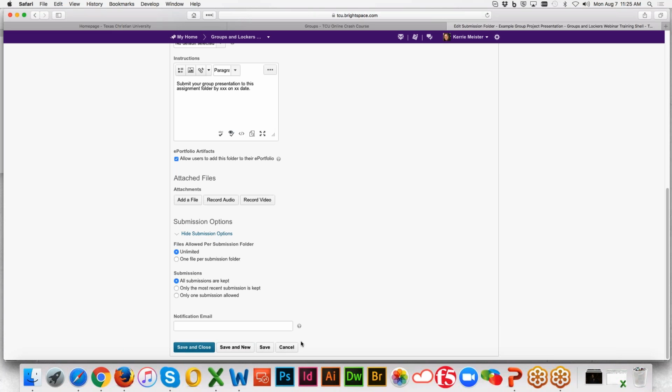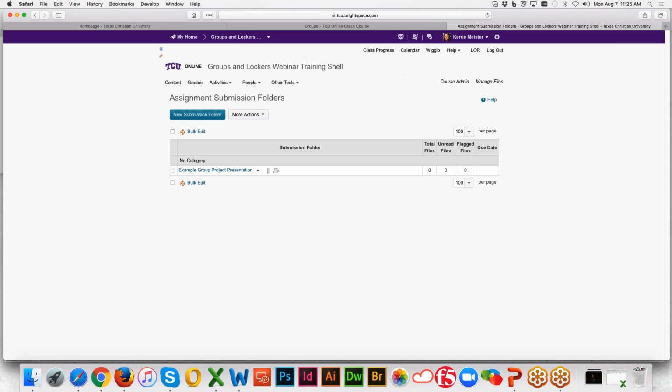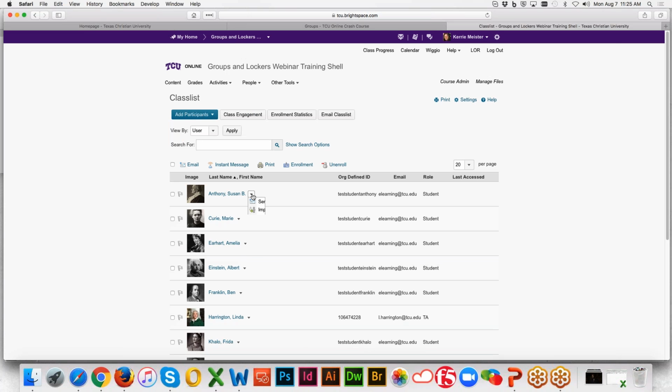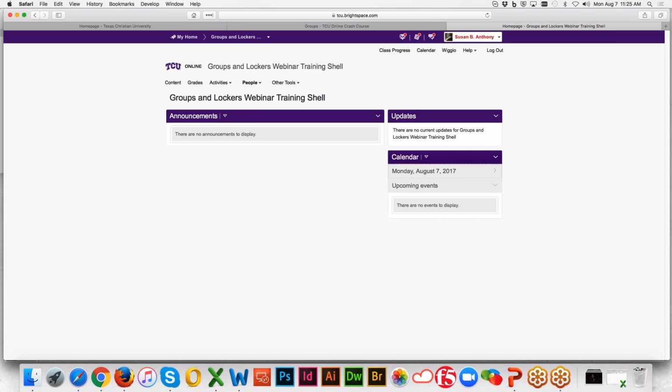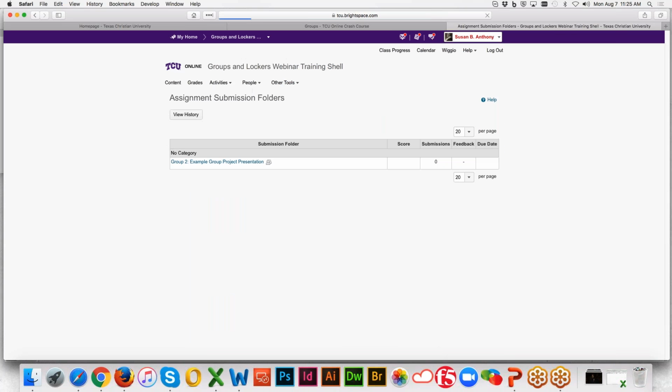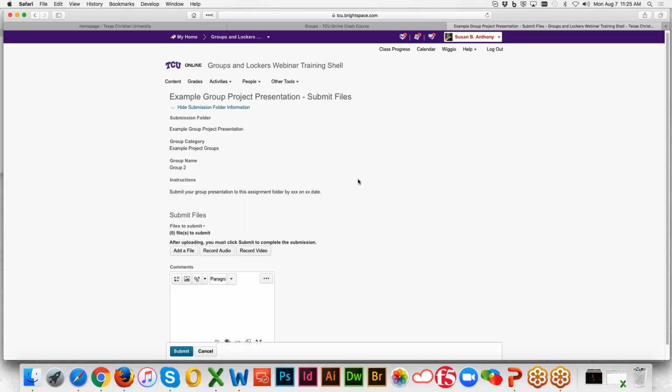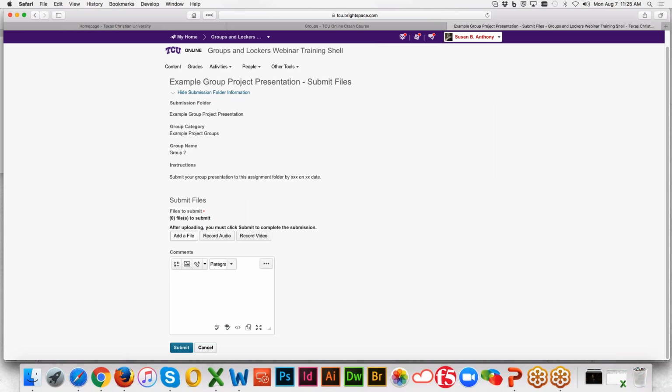And that's clear to them how to do that? Yeah. Because I'm not seeing the student view. Sure. So I'll show you from a student view, and then I'll show you a tip so that you can see what they can see. So if I am Susan B. Anthony and I was the person for my group to submit, they just come to the assignment folder, click Add File,